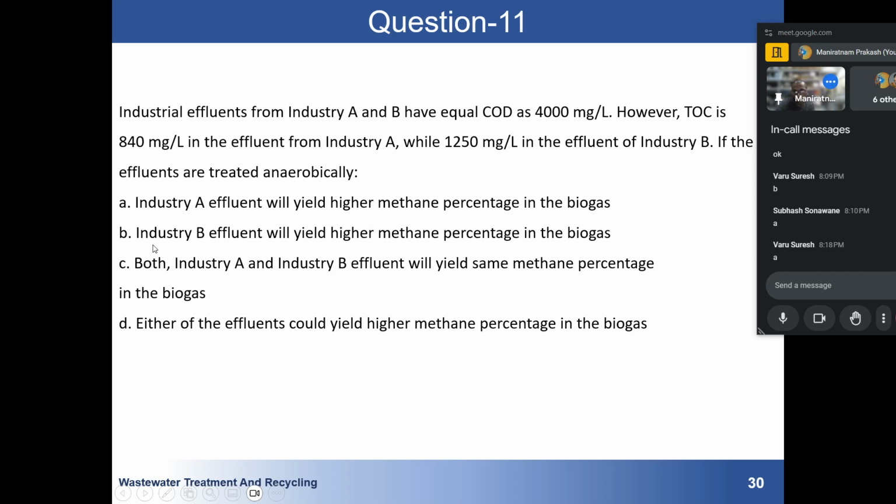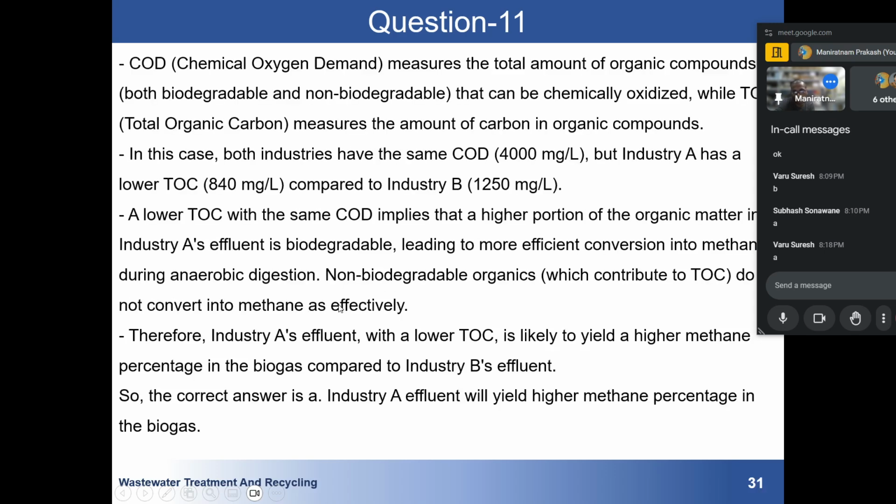Wrong. Industry B will yield a higher methane percentage in the biogas. Or both A and B will have the same methane. So the answer will be,